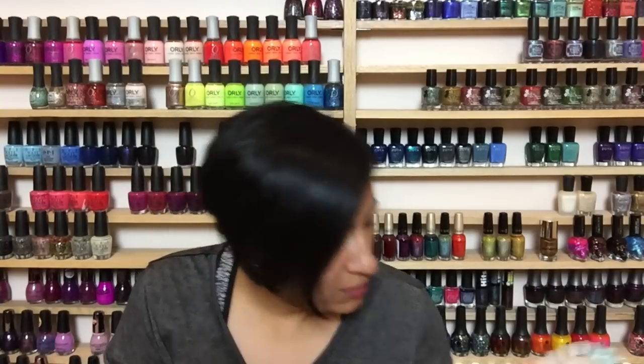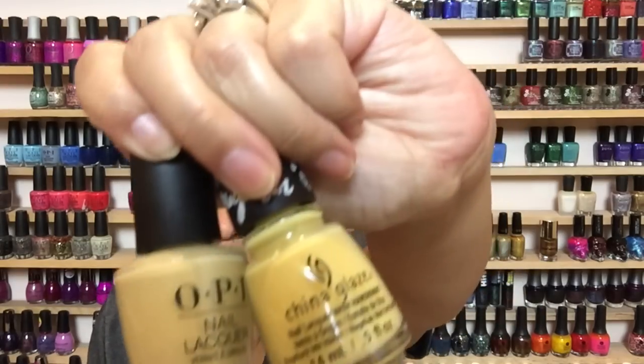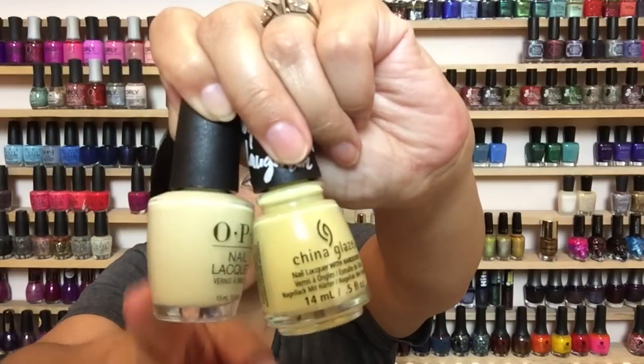The next one is going to be the yellow, which is Meta Boy Cute as Can Be. And then I pulled Kill 'Em with Kindness from the China Glaze My Little Pony collection. So in the bottle, you can definitely tell the China Glaze is more of an intense yellow. And this has more white in it. But the China Glaze is one of my favorite yellows, so I just wanted to show them to you side